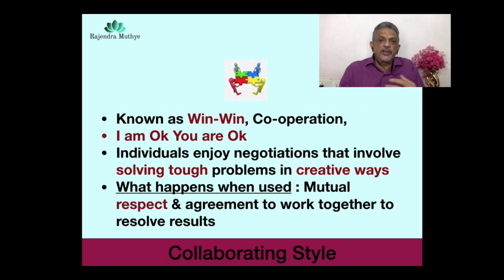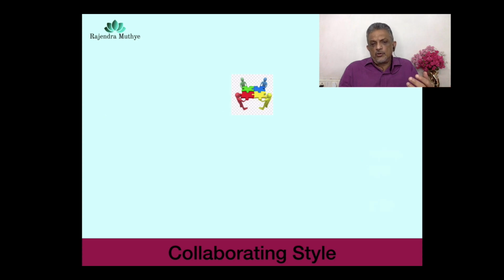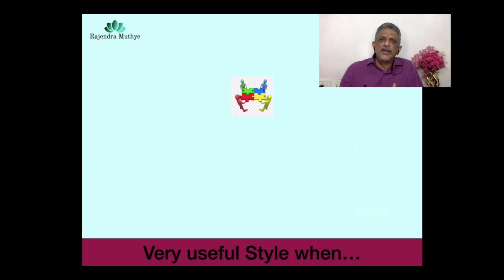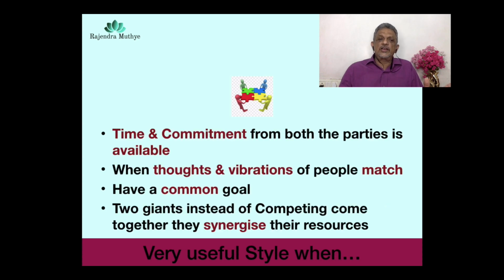Collaboration is creating the win-win where they believe that everyone is equal. They try to solve problems through creative ways. There is certain mutual respect, so focus on creating a collaborative style. Of course, when you are dealing with a hardcore nut, then you have to use the competing style. You can't just be soft on that person. But can you bring a blend of hard and compromising? Collaborating style is something that I would definitely recommend to each one of you because it creates some amount of synergy when both people win. That's the focus, right?